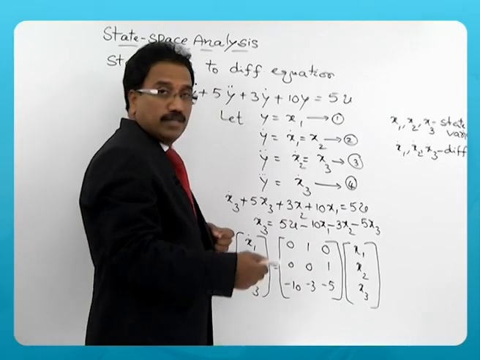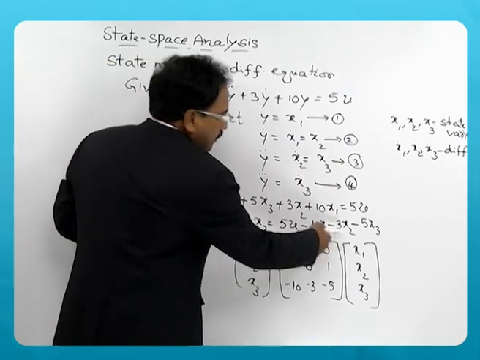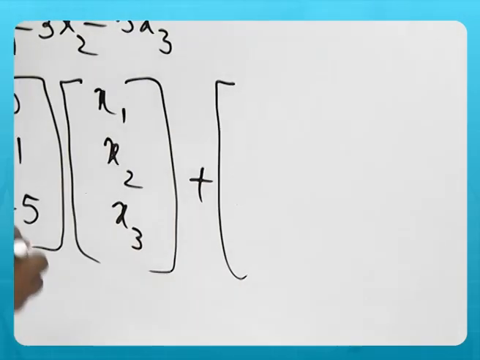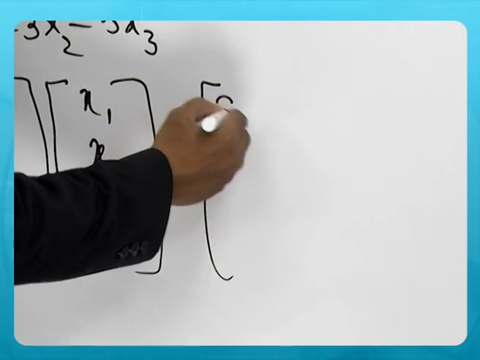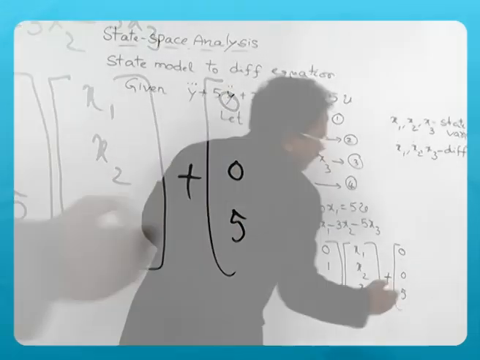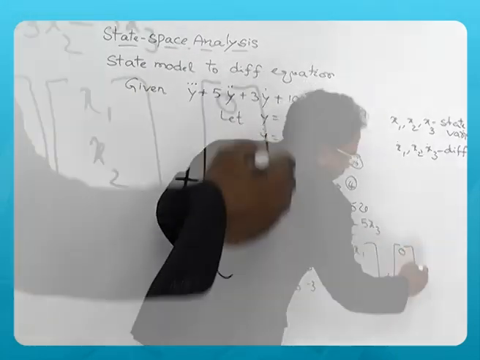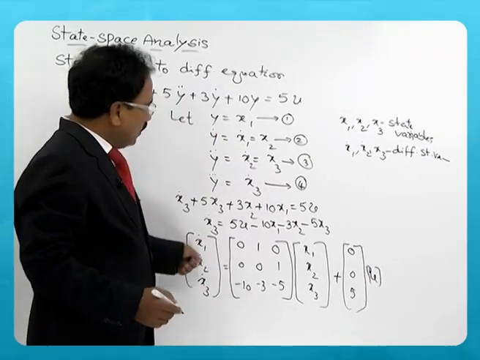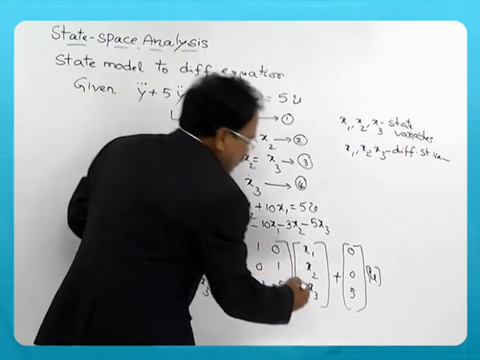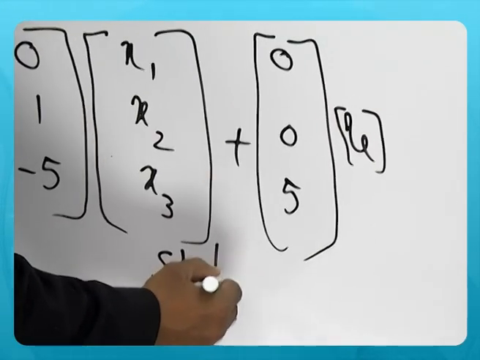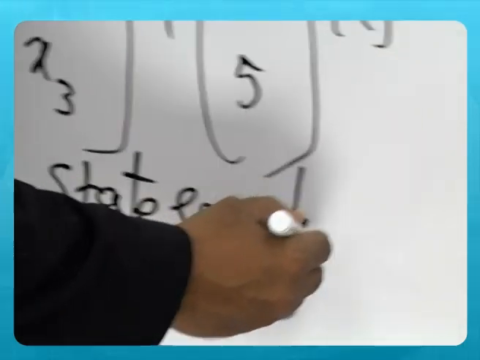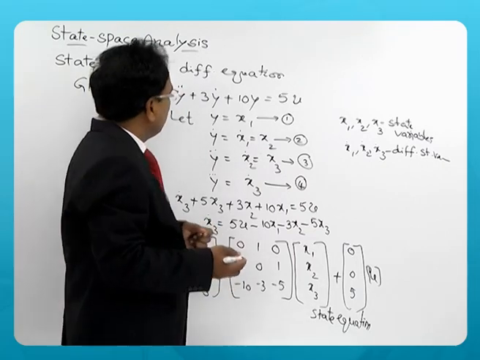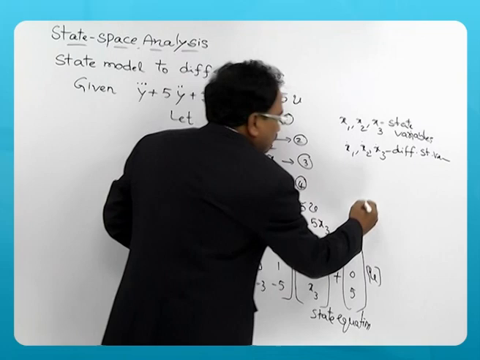Now 5u is left. If you see all the three equations, x1 dot, x2 dot and x3 dot, plus you have an input matrix. This is given by 0, 0, 5, 0, 0, 5 multiplied by the input vector u. So this model is known as state model or state equation. This equation is known as state equation. Now we need to have an output. So output is y. So output equation